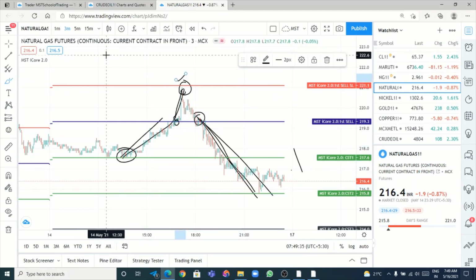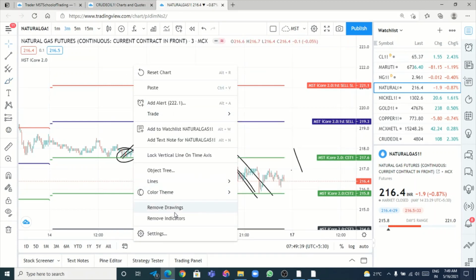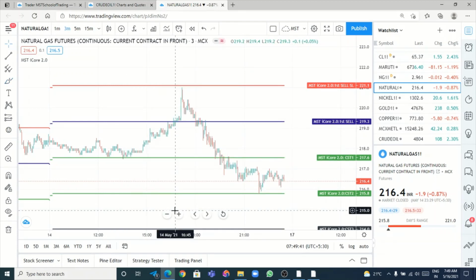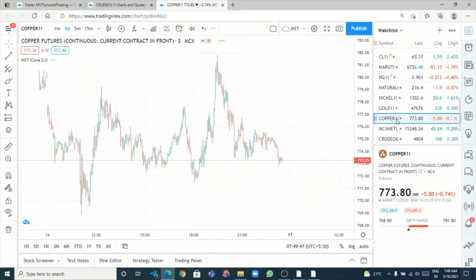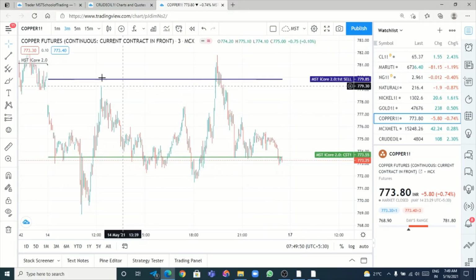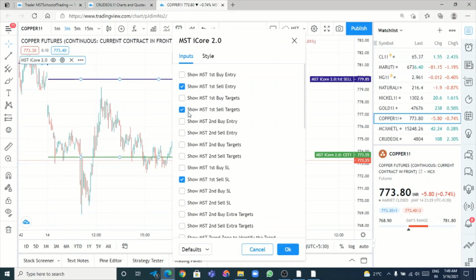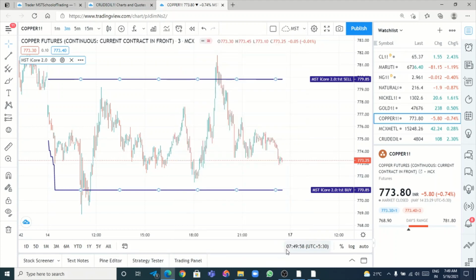Okay, so whatever the condition of the market, you don't have to worry. Just follow the indicator with discipline, and every day you trade, you can expect a minimum of 20% to 40% profit in a month on your investment. Whatever amount you have invested, only for that you have to expect the profit.